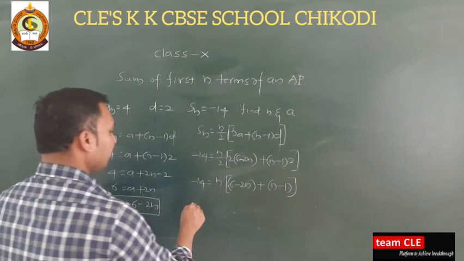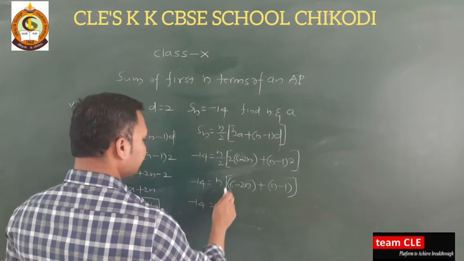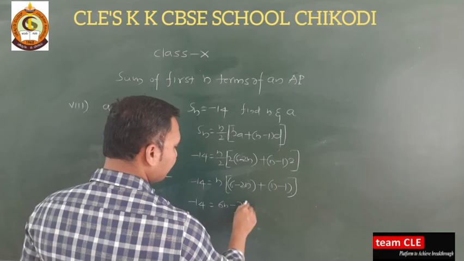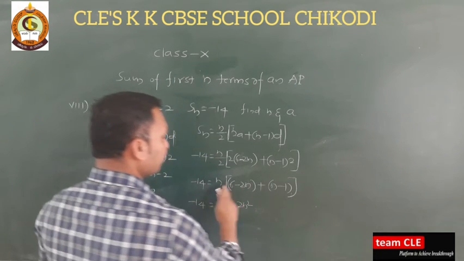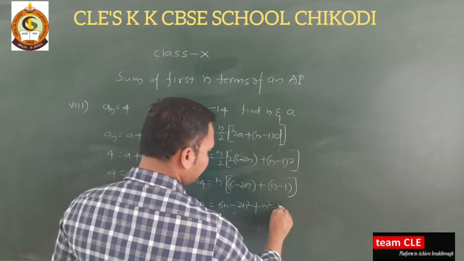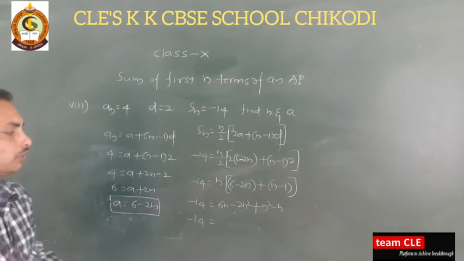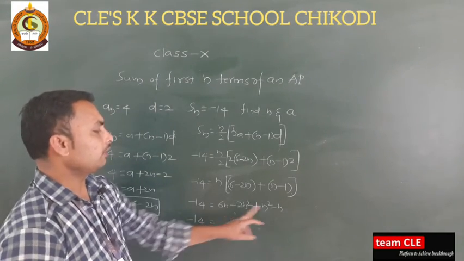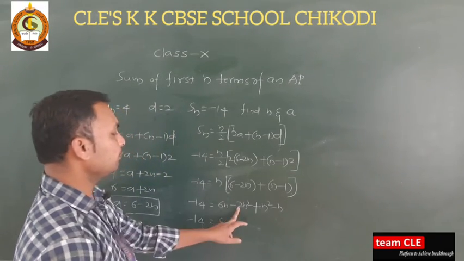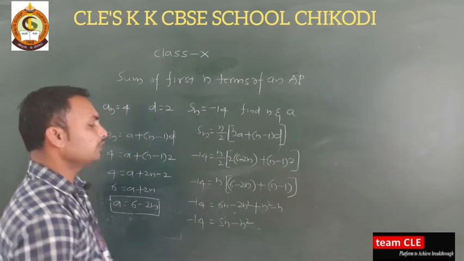This 2 also cancels here. Okay, now minus 14 as it is here, now we can multiply: this is 6n minus 2n square. Well, now this is plus n into n square, now this is minus n. So minus 14 as it is here. So just you can see here we have 6n and here we have minus n. So we will get here 5n. Now minus 2n square plus n, so only we will get n square. Isn't it? This much we got here.